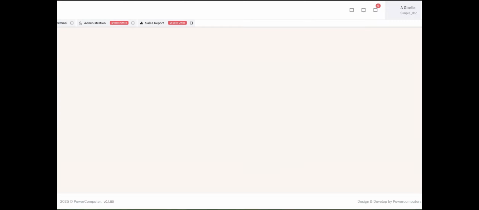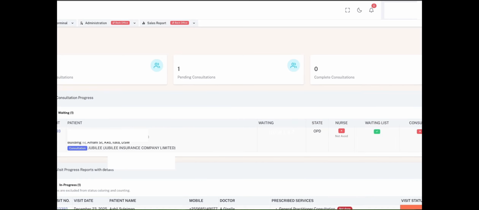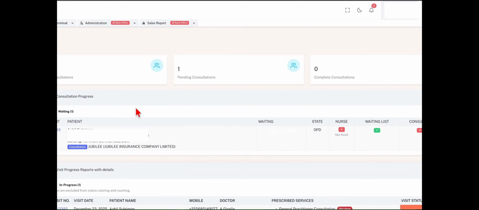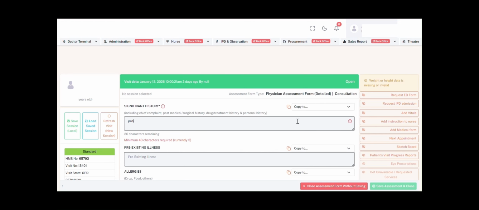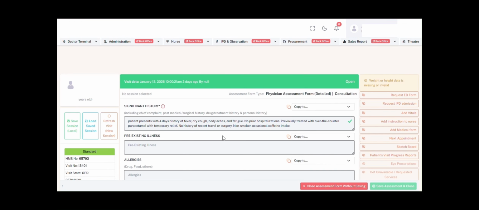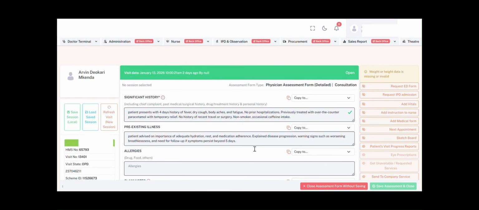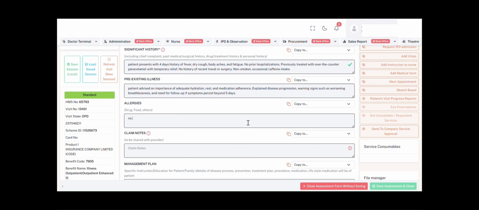Now we are in the doctor terminal. Inside the doctor terminal, we pick a patient from the queue and open it. Once the visit has been opened, the doctor can start recording things such as the patient's history, pre-existing illness,